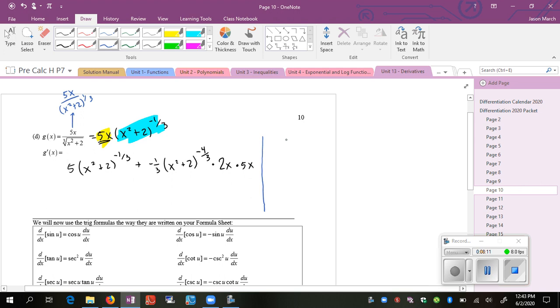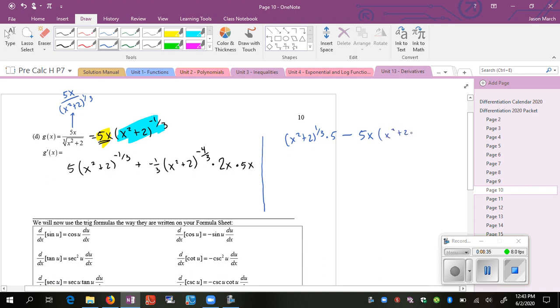So low is this, D high, which is 5, minus high, D low. So the derivative bottom would be